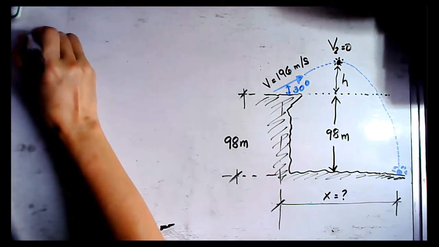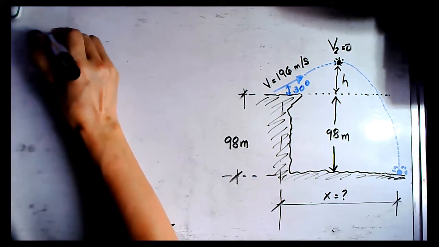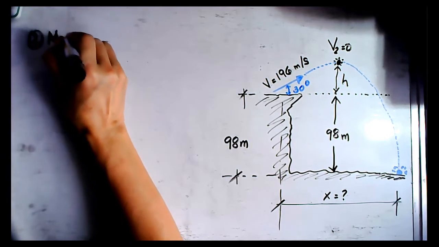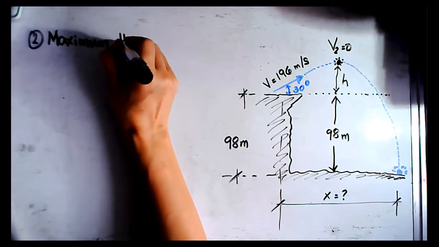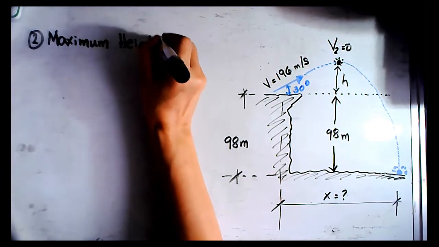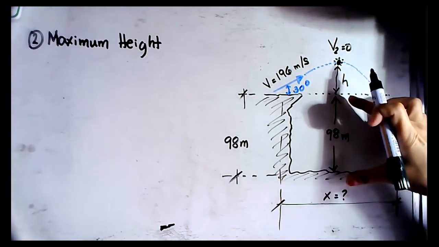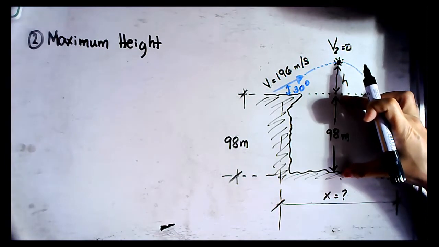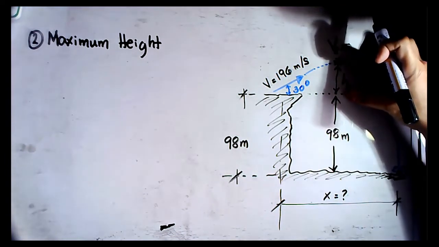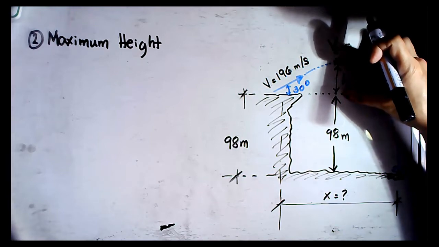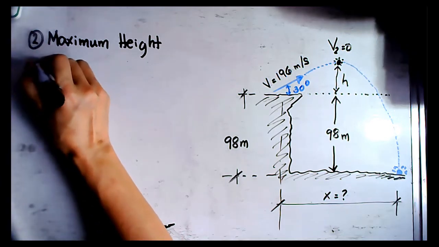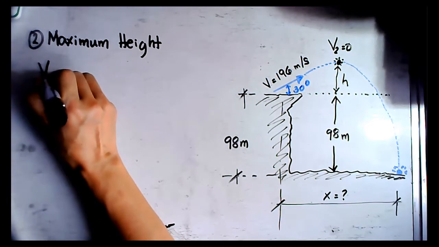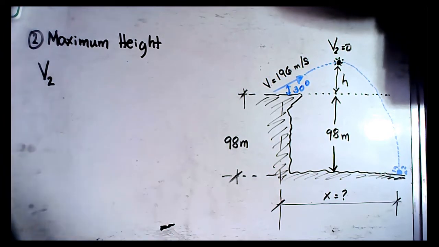Then according to the second question, we need to determine the maximum height. Meaning, what is the maximum height that can be reached by the projectile? So we have a 98-meter height of the cliff, and we add up this h, which was the height reached by the projectile. So the maximum height that we can have will be equal to, using the formula for the velocity,